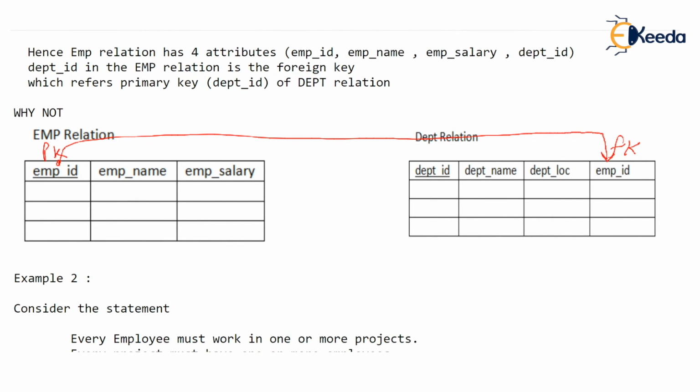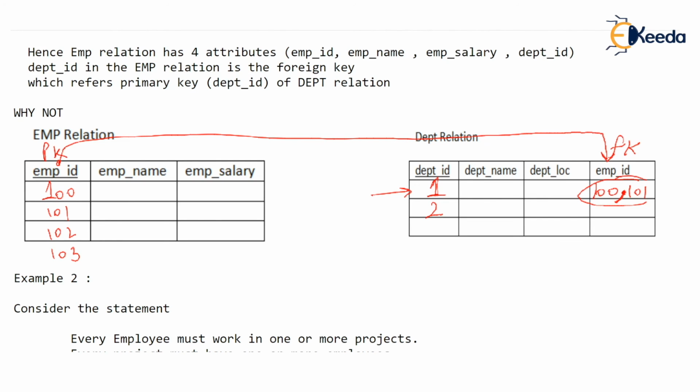Why? Because just imagine employee numbers 100, 101, 102, 103. These employees are there, and we have two departments. Now imagine in department number one, employee number 100 works, so EMP ID is 100, and employee number 101 works. What nonsense. We have written a comma over here. How can you write a list of employees working in some department separated by commas? This is ridiculous. And we will have a multi-valued attribute here, and a multi-valued attribute is not good because you cannot gather the information properly.